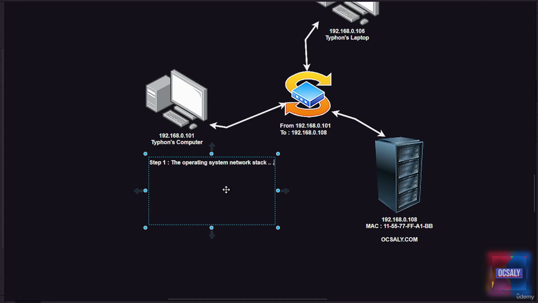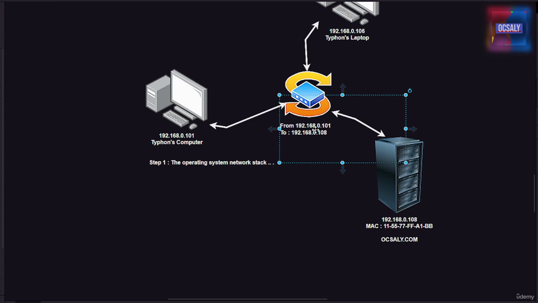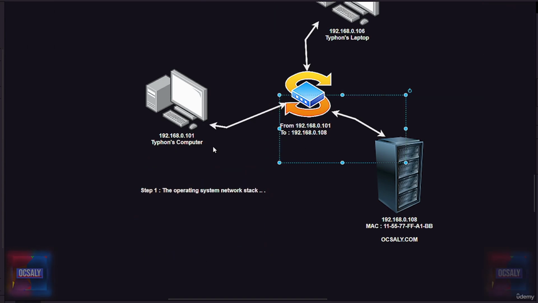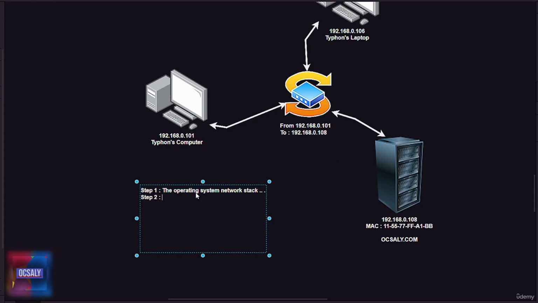The operating system network stack on the node encapsulates the application and transport layer data and builds an IP packet with a source address of 192.168.0.101, because remember, this is Typhoon's computer IP address, and the destination address of 192.168.0.108. And step 2 after that,